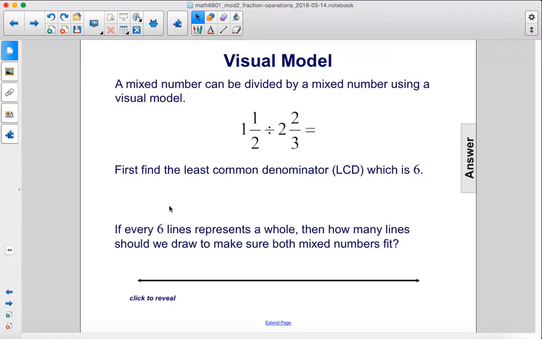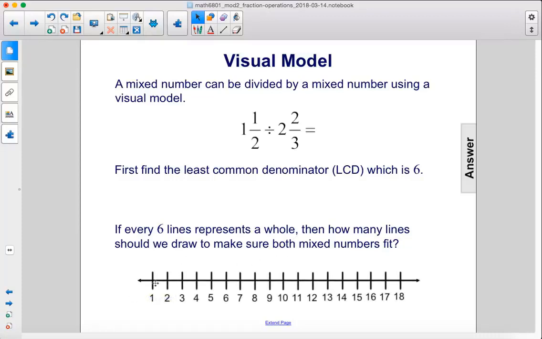A mixed number can be divided by a mixed number using a visual model. 1½ divided by 2 2/3. First, find the least common denominator, which is 6. If every 6 lines represents a whole, then how many lines should we draw to make sure both mixed numbers fit? Well, 18, because